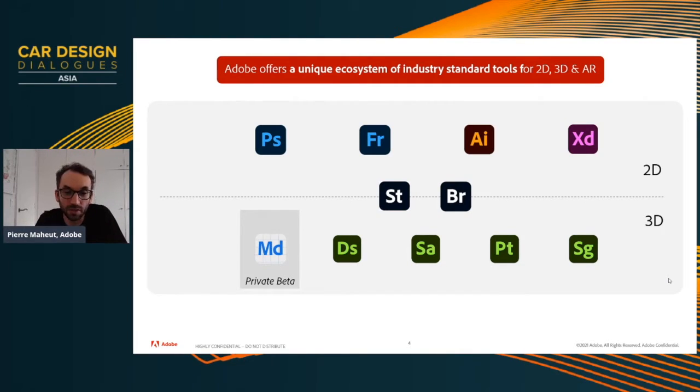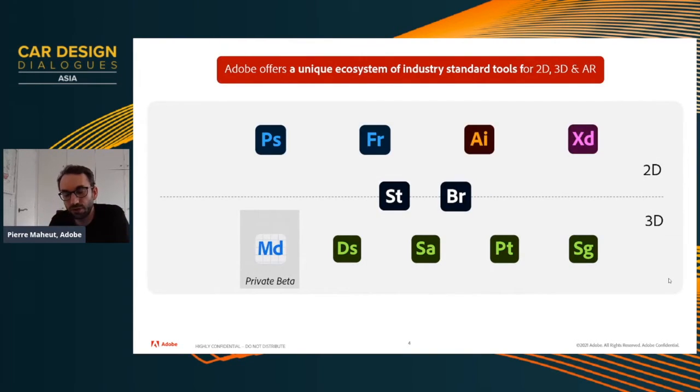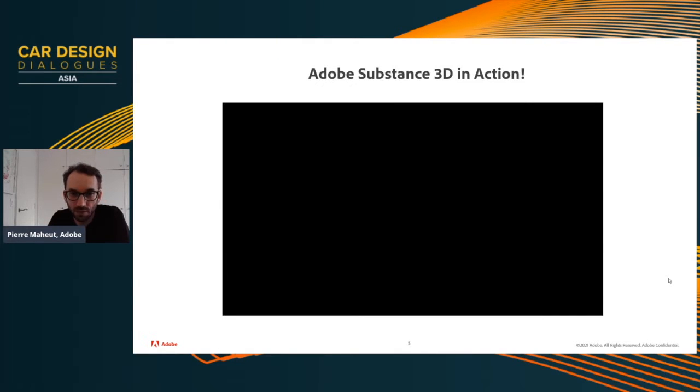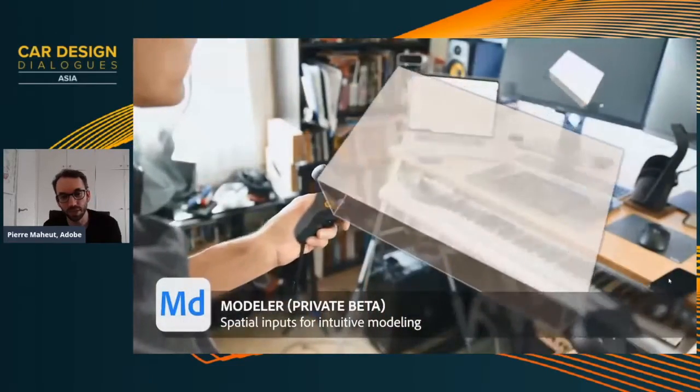And then on the bottom, you can see our brand new offer around 3D at Adobe with the different tools that I will be presenting today. And then you will see them in action with Ronan. To go through the different tools, let's have a quick view on it. You will see Modeler, Designer, Sampler, Painter, and Stager. The best thing is to see them in action, and then we will have a deep dive in each of those. So to see it in action, here is a short demo that was made by some of our